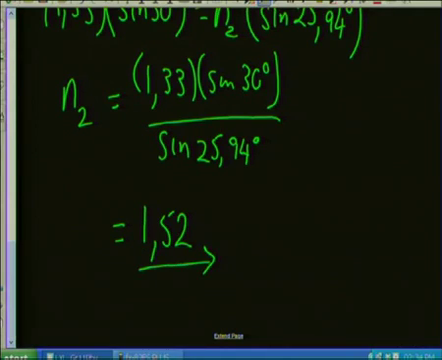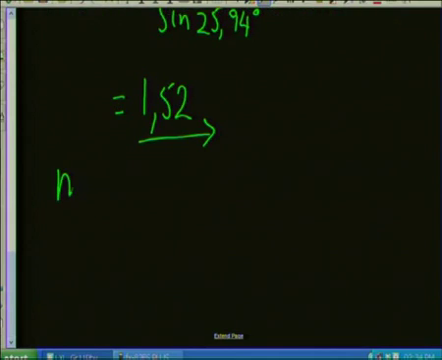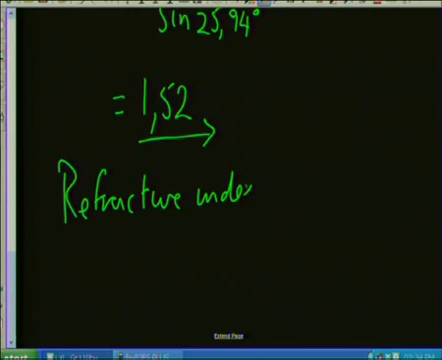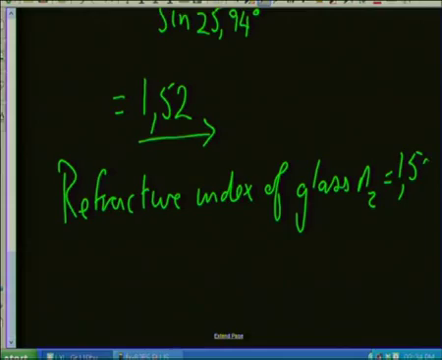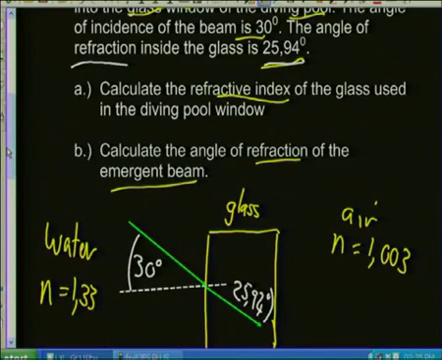And there we go. Just remember to say, therefore we can say the refractive index of glass, let me just rewrite that very clearly, so we can say, put it in words, the refractive index of this glass, N2, is equal to 1,52. Excellent. So the next part of the calculation, part B now, says calculate the angle of refraction of the